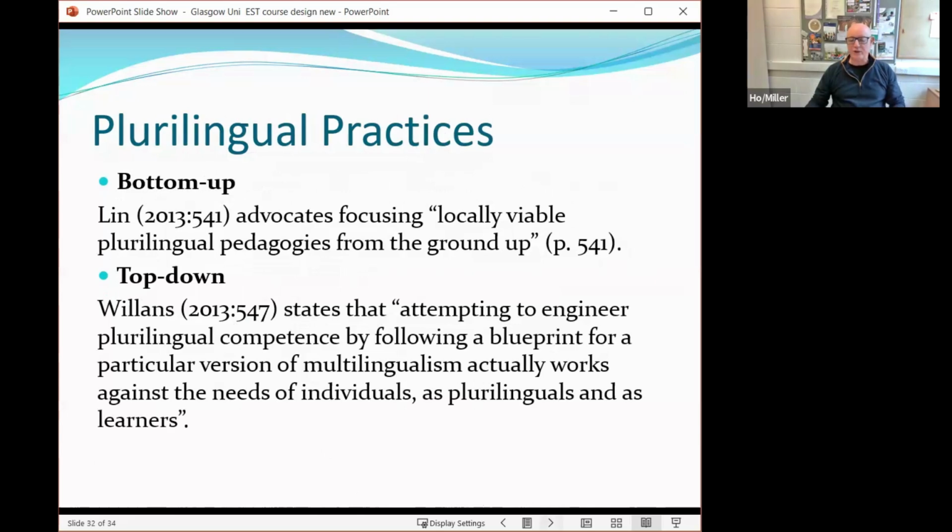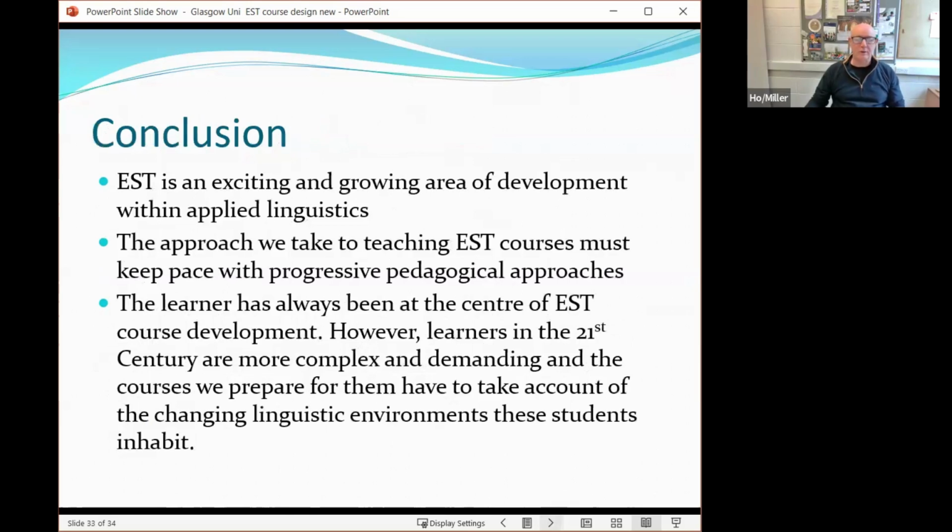But it's something which, if you're working in a monolingual context, it'd be very useful to have a little discussion with your colleagues and probably with heads of departments who might object to the students using their first language in the English classroom, and just to say, can it be of use and how would we allow students to use it? So, as I say, I'm sorry for rushing through this a little bit, but in conclusion,